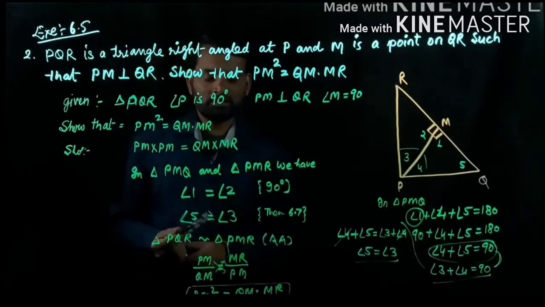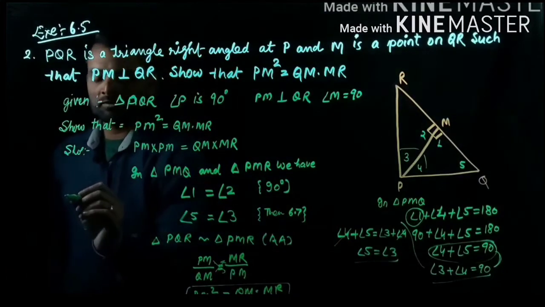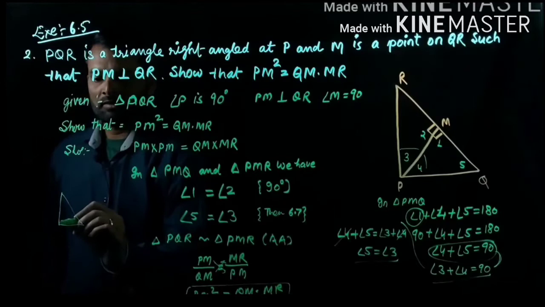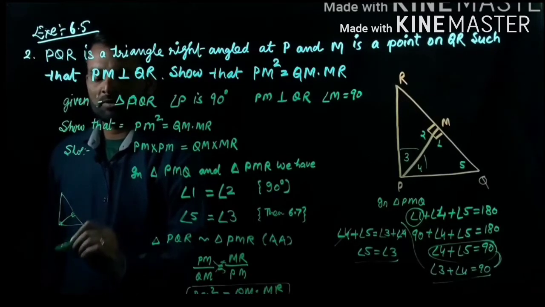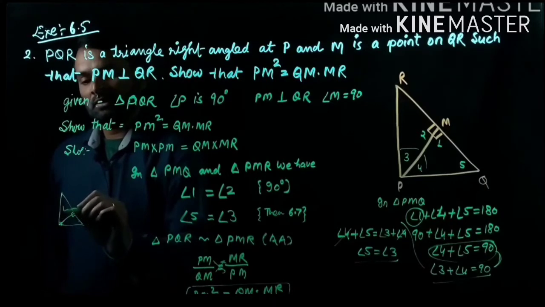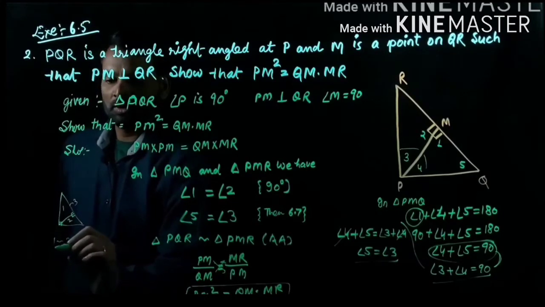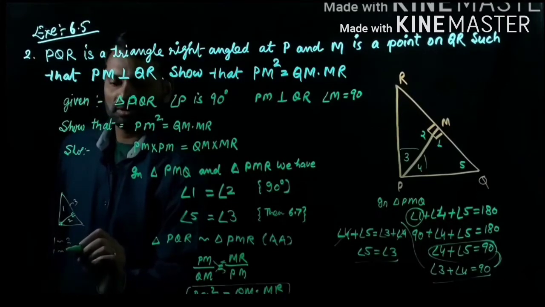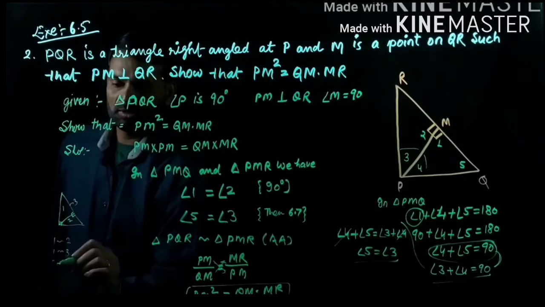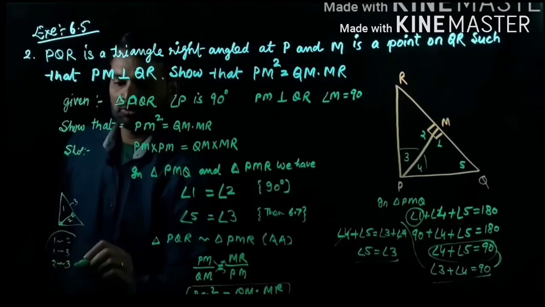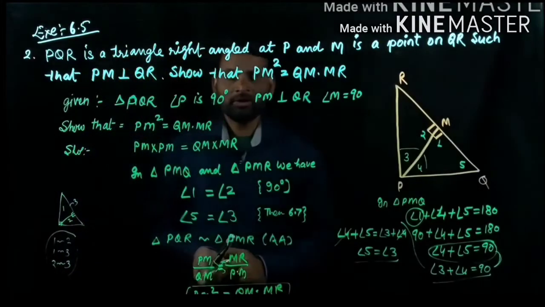What does this theorem 6.7 say? Suppose in a right angle triangle a perpendicular is drawn from the right angle to the opposite side. It means there are three triangles, 1, 2 and then the big triangle 3. They have 1 similar to 2, 1 similar to 3 and 2 similar to 3. It is according to theorem 6.6.